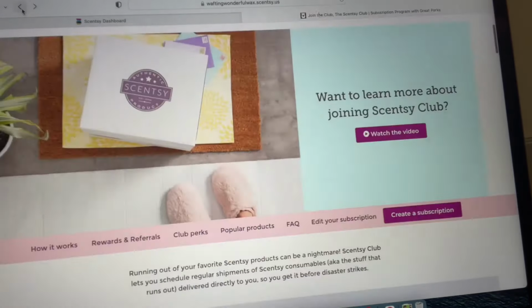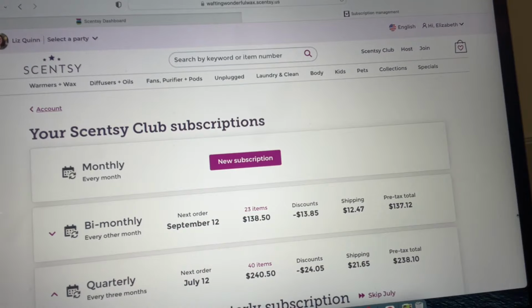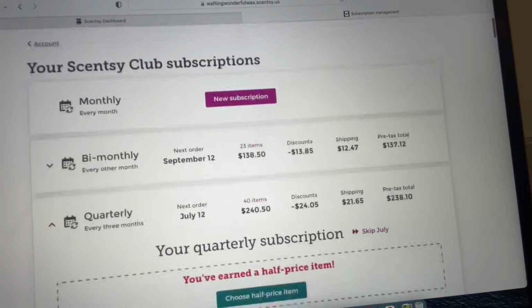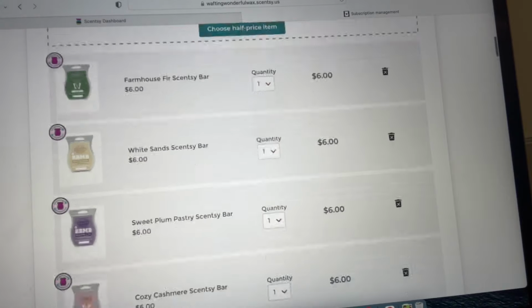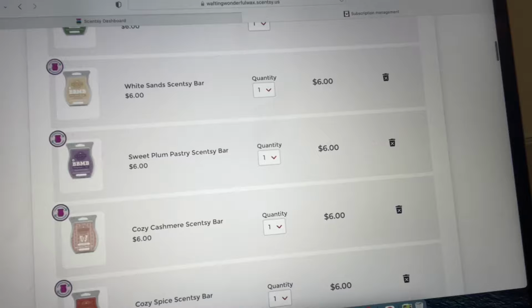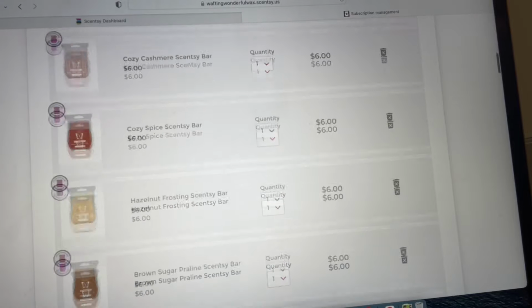Now I'm going to go out of this. I'm going to go back in to edit my subscription, and I'm going to go to my quarterly. And my quarterly is where most of my bars reside. So we start with Farmhouse Fir, great classic. I will not be taking that out. White Sands absolutely is not coming out, or Sweet Plum Pastry, or Cozy Cashmere, or Cozy Spice, or Hazelnut Frosting,